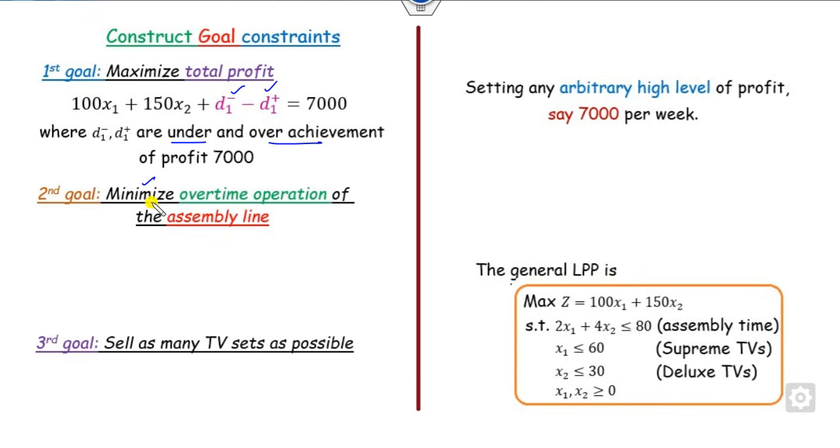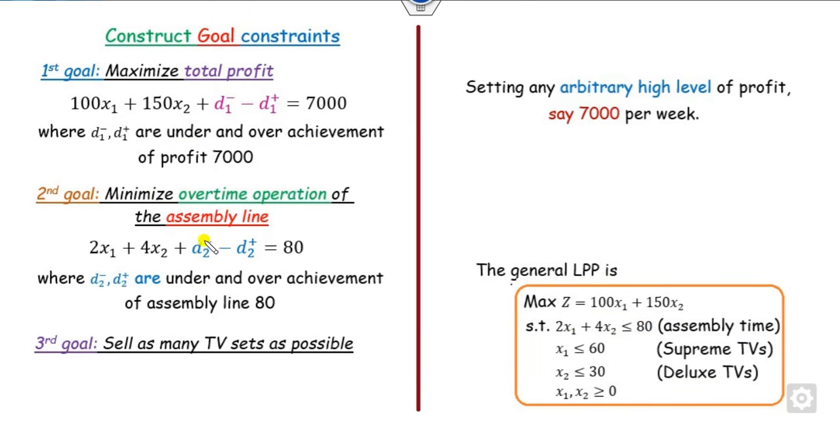Next goal is you have to minimize the overtime assembly line. So what is the assembly line is here? So your target is to minimize the overtime. So you can write here as of this. Sell as many as TV are there. So how many sell they can? 60. So either it can be less than of the 60 or it can be greater than of the 60, but it can't be greater than of the 60 because it is given that the maximum sell is 60. So it means there is only need of the D3 negative. Here is D3 negative here.